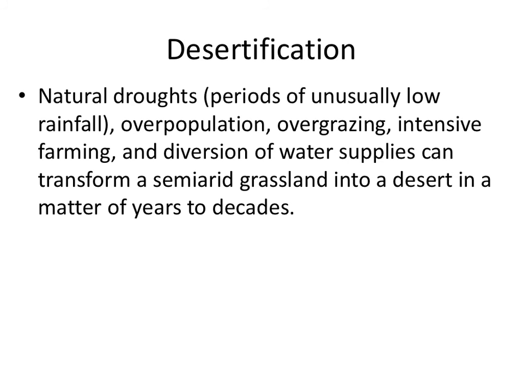And lastly, we're skipping over 14.5, but there's one point that I would be remiss if I didn't touch on, which is desertification. Where we look at an area and say, okay, it has really low precipitation, therefore it's a desert. We also have regions in the world, and if you're really interested in this, you can read through this section. But when we have natural droughts, right, long periods of unusually low rainfall, when we have overpopulation, this whole idea of too many people, when we have overgrazing, when we misuse the land,